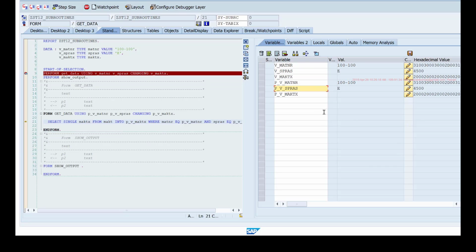When you pass by reference, it actually doesn't create a copy of the data. Let's say this is your v_matnr memory. This is your actual parameter, the original memory, and when I pass by reference, it doesn't actually create a new memory.